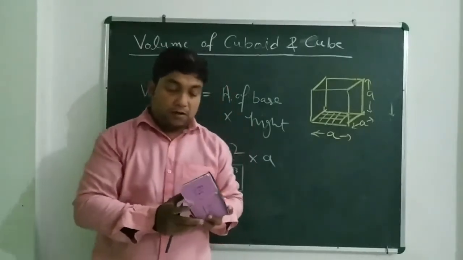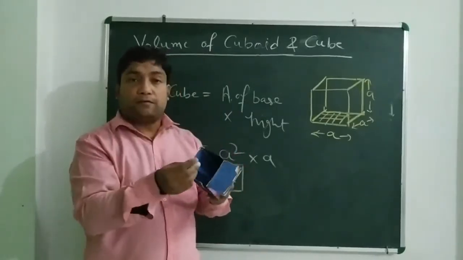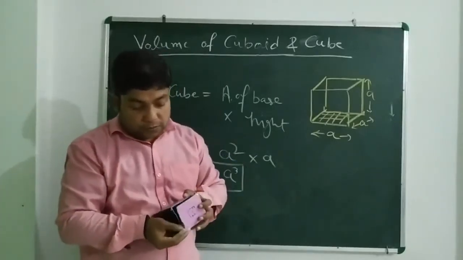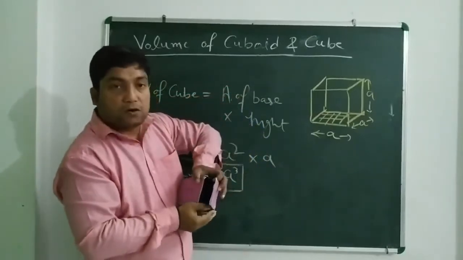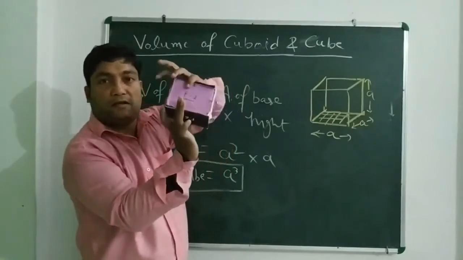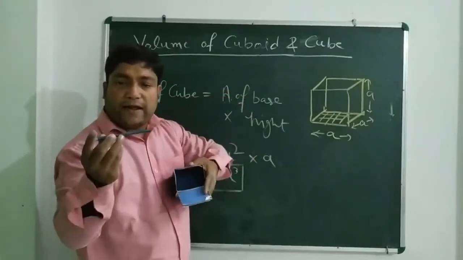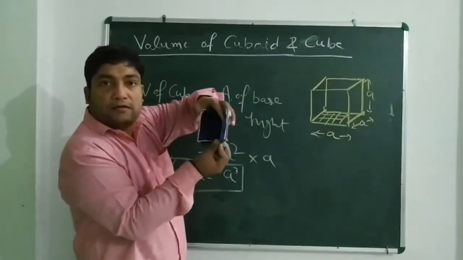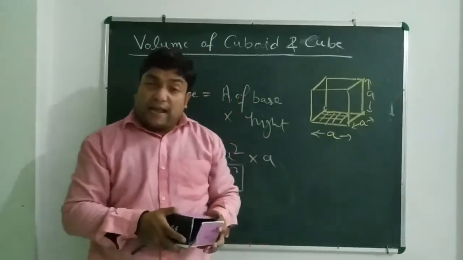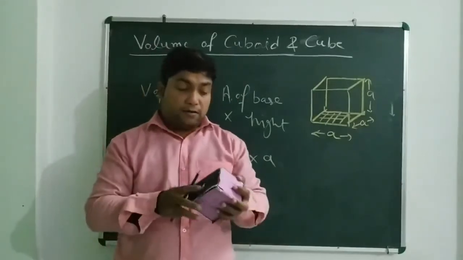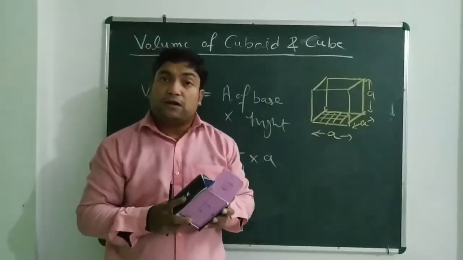If we put this pencil diagonally from the vertex, you see that all of the pencil is inside the box. How is it possible? When I put this pencil diagonally, what can we realize? We realize that the maximum length we can put in a cuboid is the diagonal of the cuboid.